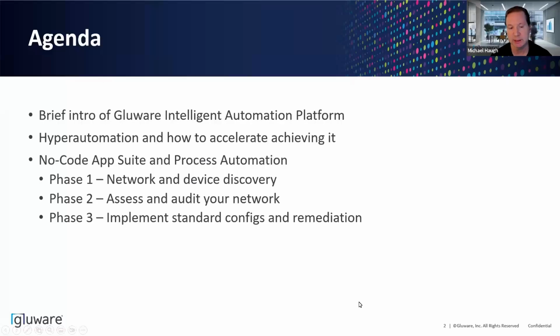From an agenda standpoint, I want to make the majority of the session focused on demonstrating the capability in our product. So we're going to get through a couple quick slides to give you a brief introduction of the Gluware Intelligent Automation Platform, just so you have an awareness before we jump in and start hopping through applications and you have some context. We're also going to talk about hyperautomation and what is it, and more specifically how Gluware plays in terms of accelerating the ability to achieve it, especially when it comes to your network or your infrastructure